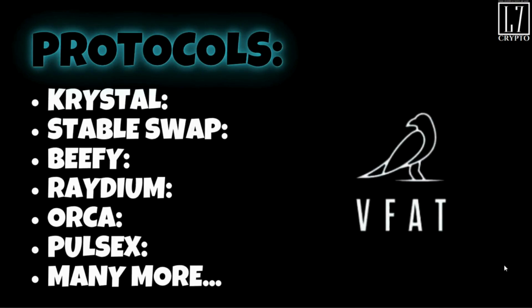And like I said, we're going to go over these different protocols. We went over Crystal. This one is on VFAT. We have one coming up on Stable Swap. There are so many different protocols out there to use. Now, some people choose to use all the different protocols, especially when it comes to different blockchains, or tokens that you're trying to accumulate or that you want to invest in. So that's going to really drive which protocols you can use.